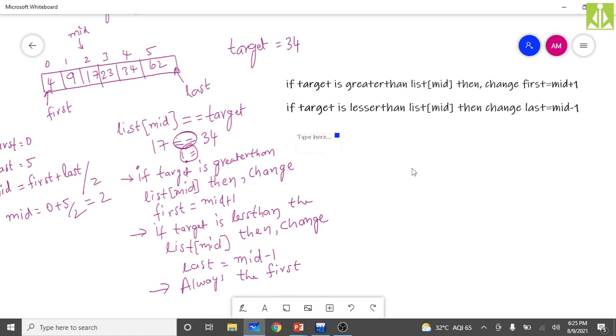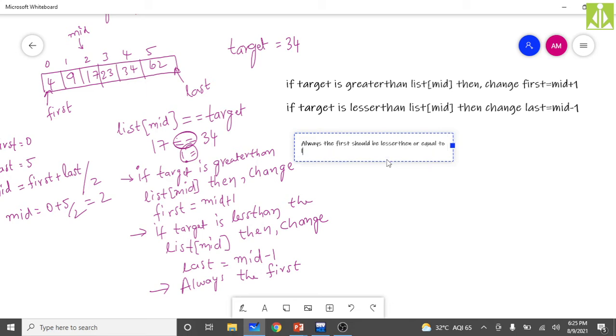The next thing, there is one more point that we need to discuss. That is, always the first should be lesser than or equal to last.